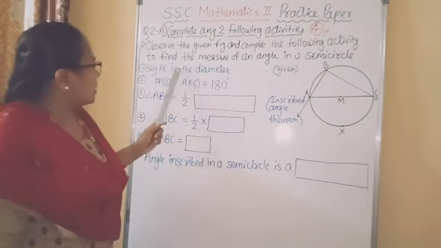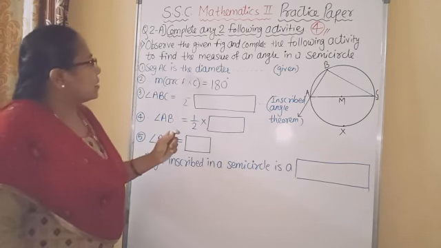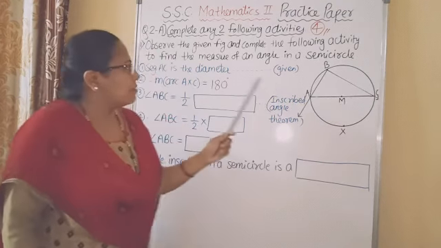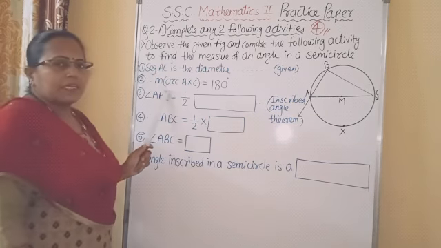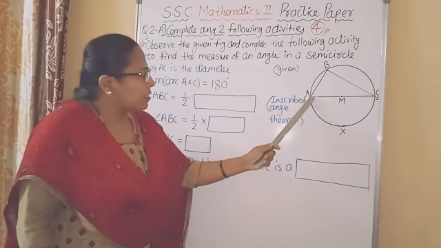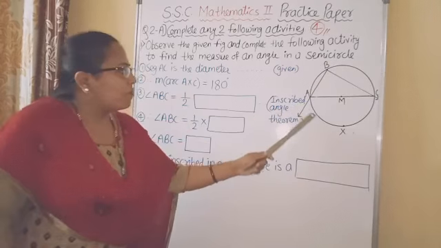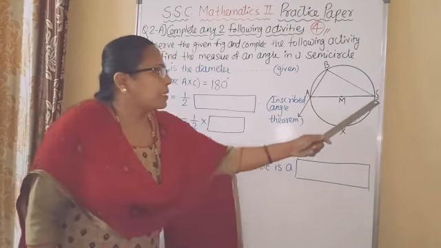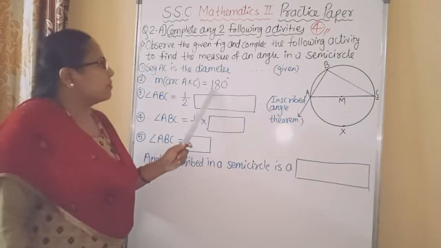Okay. So here steps are given. First step, segment AC is the diameter. It is given in the question. So the reason is given. So here which semicircular arc did we get? Measure of arc AXC. So as we know that the measure of a full circle is 360 degrees, therefore the measure of this semicircle is 180 degrees. Therefore measure of arc AXC is equal to 180 degrees.